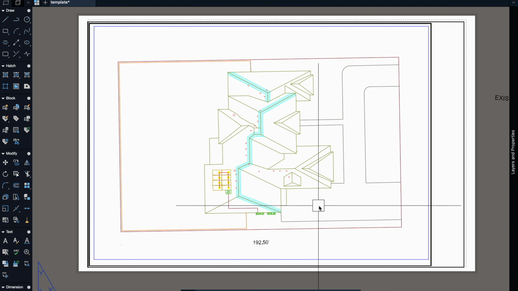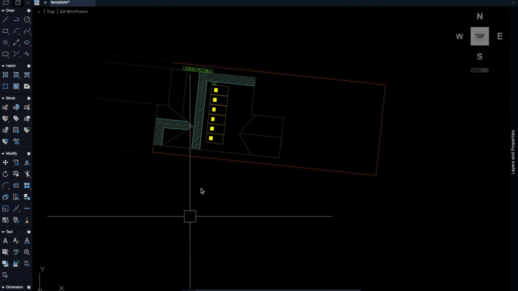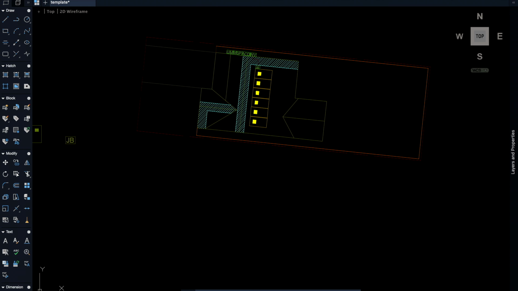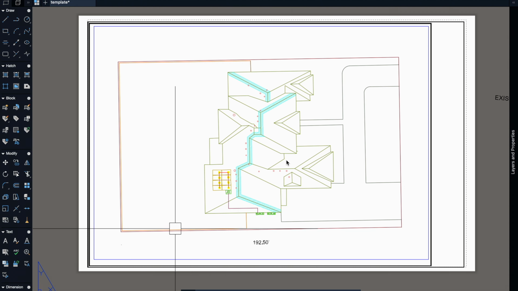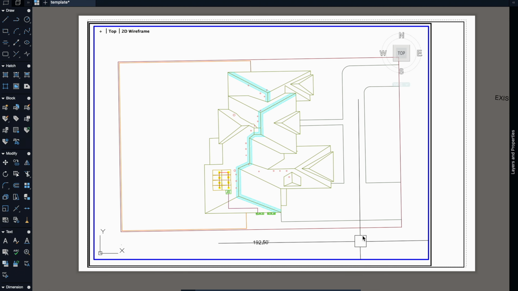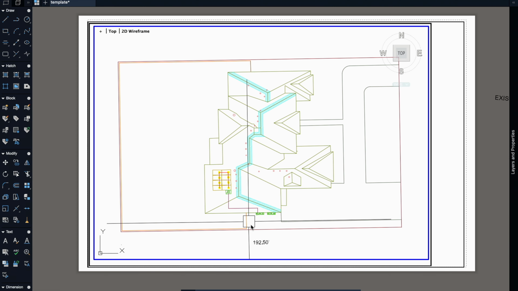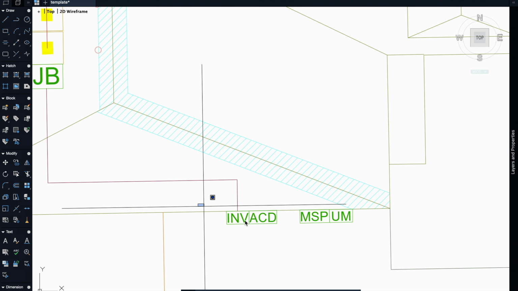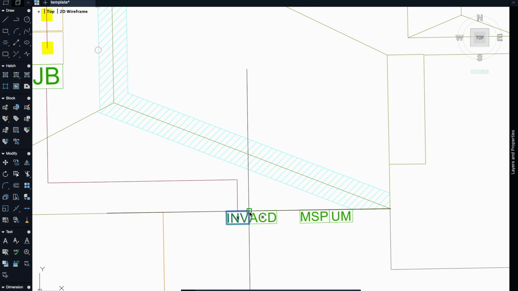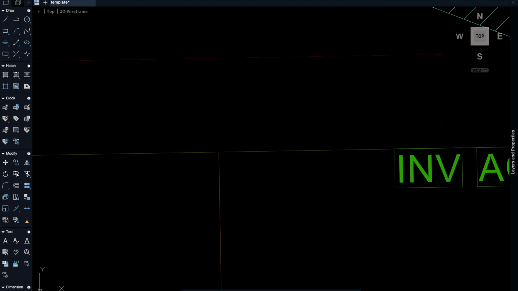So if you want to go into model space, first of all, you can go like this. You can go to model space and you can do the changes like this. And secondly, you can just double click here like this. As you can see now, I can select all those portions like what we want. I want to change here like this. If you want to move from here to here, you can see I can move like this, and the changes will be done in model space like this.